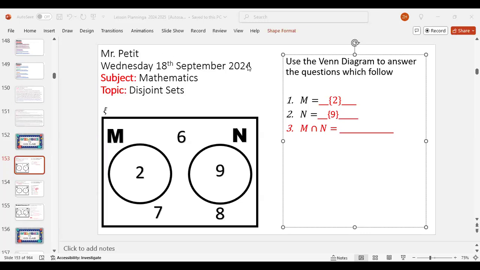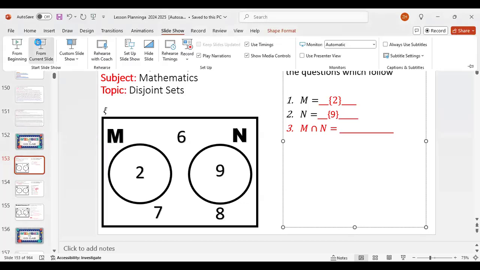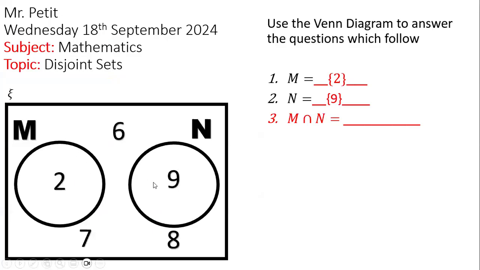So for those persons who do not understand, let me explain. Are there any elements that are common in M and N? No. Don't mind the 6 in the middle. Please don't get confused. That's how they get tricky, y'all. The 6 is not in the middle. If the 6 was in the middle, then you could have put the 6. But the 6 is on the what?